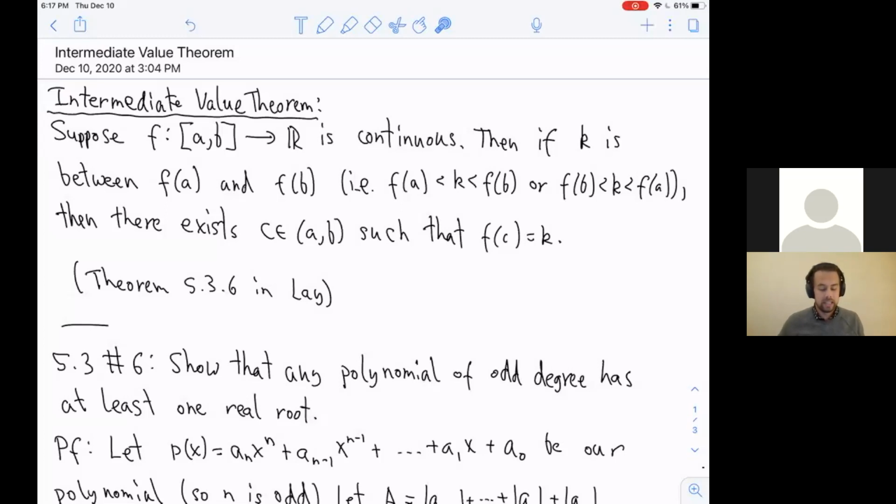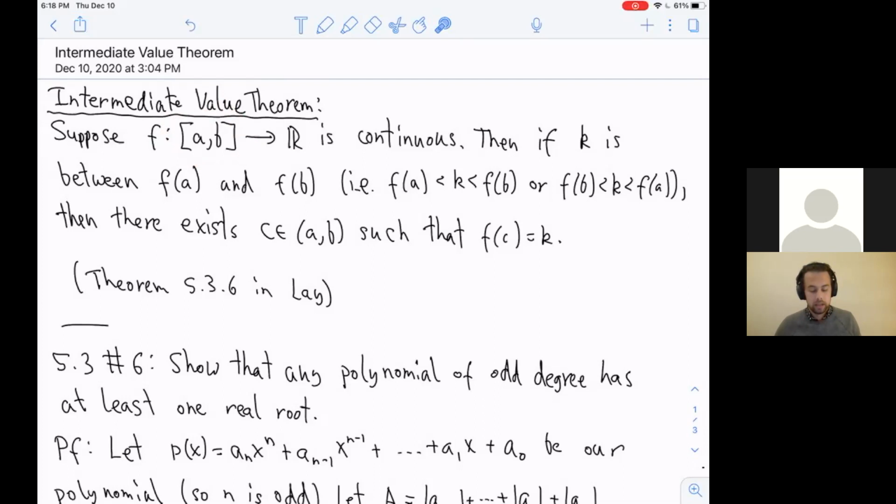Suppose that f is a continuous function from some interval [a, b] to R. The continuity is very important, otherwise we can't use this theorem. Second thing to point out, f often is defined and continuous on more than just this interval, but we only care about this interval for the purposes of this. So if f goes, say, from R to R, then a and b can be any interval, as long as